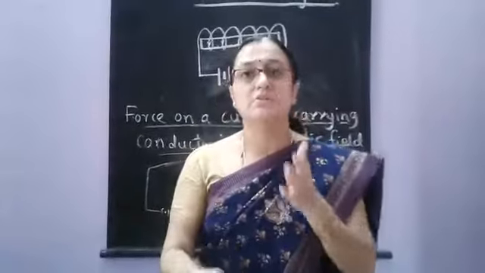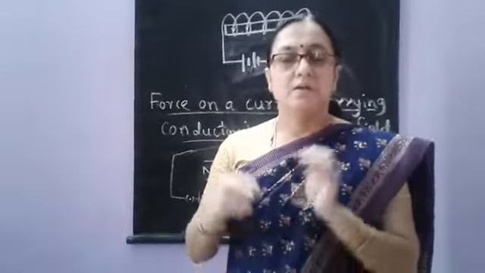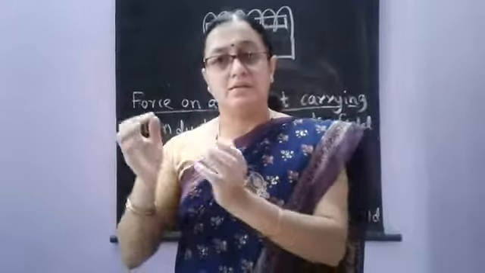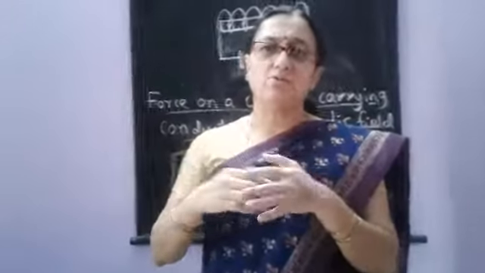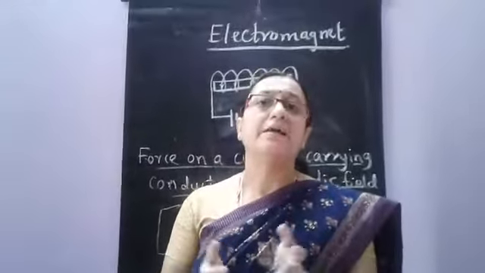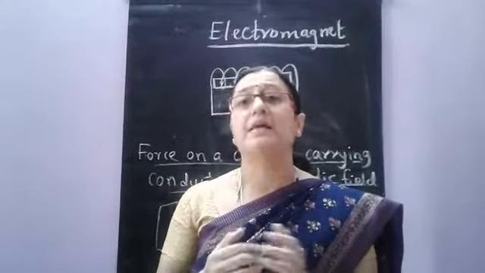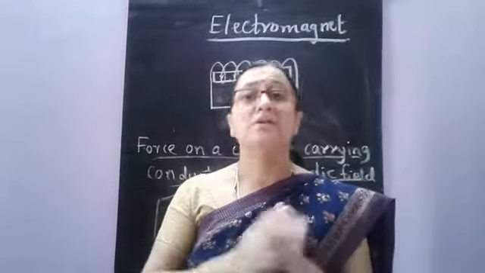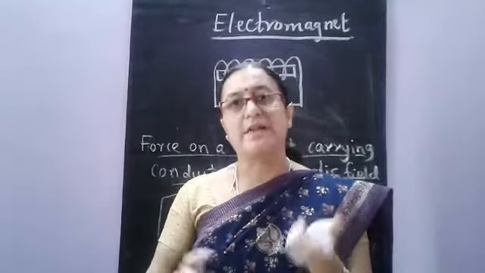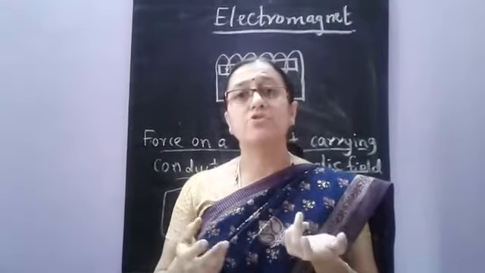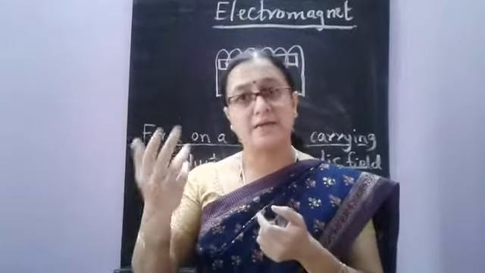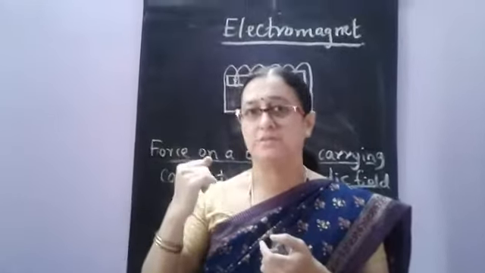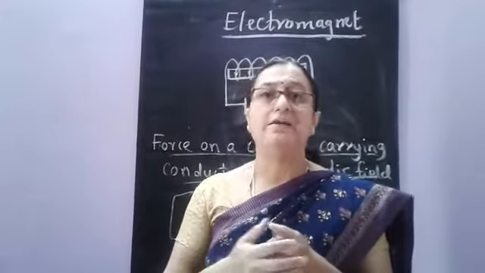Now, what are the uses of these electromagnets? Actually, more than original magnets, electromagnets have a very wide variety of applications. In many devices, electromagnets are used. Electromagnets are used in our electrical bells, calling bells. They are also used in electric motors. They are also used in telephones. The vibrations we get in the old telephones are because of the electromagnets.